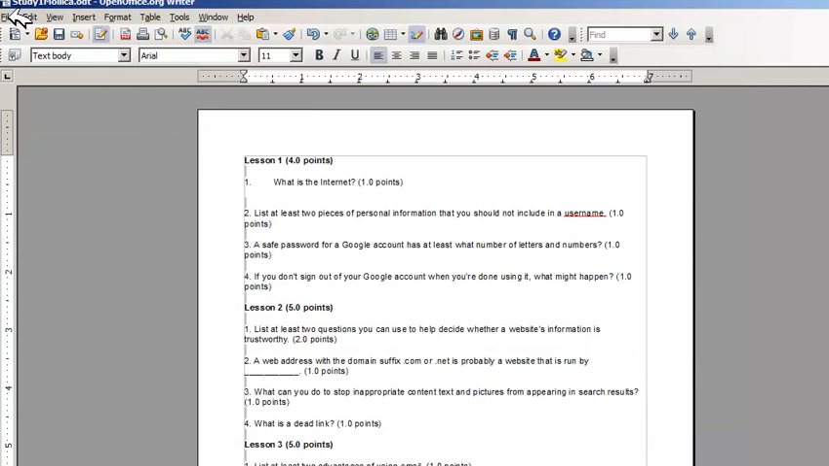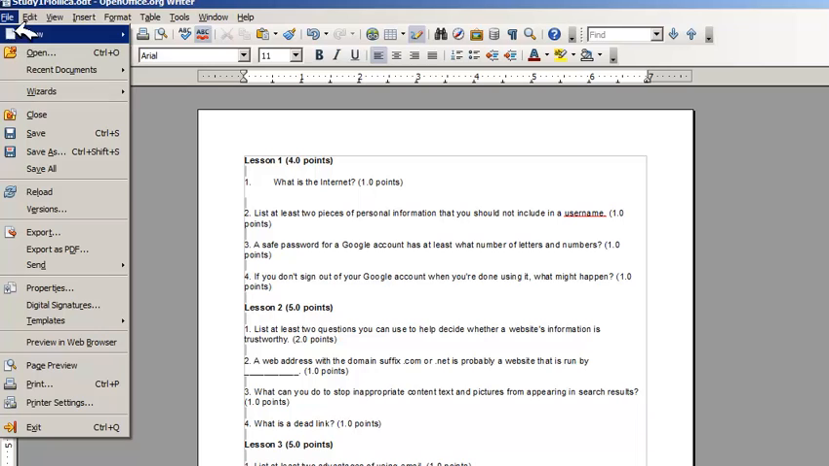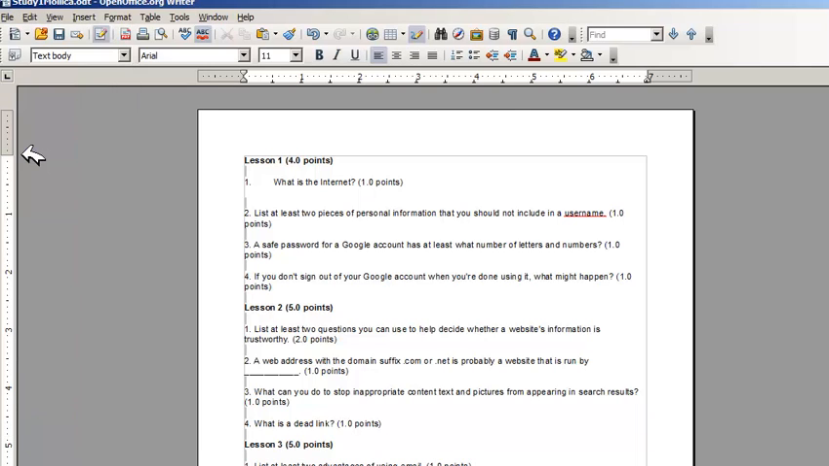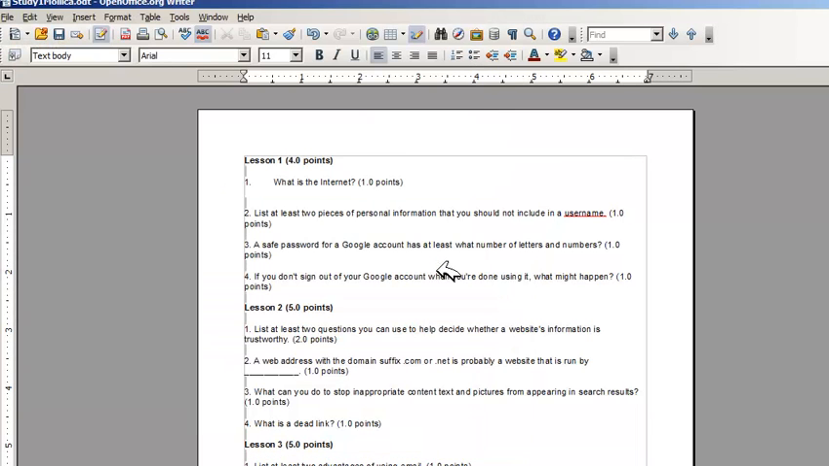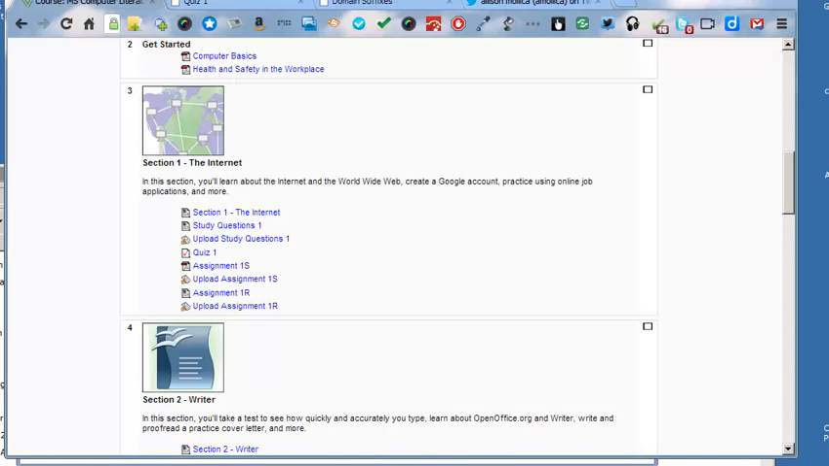When you're done, you click on File, Save As, or if you've already saved it, you're good. So I've already saved it, so I just need to update the save. So I say, yeah, I want to replace it, and close out. Make sure all the questions are answered. Then you're ready to upload study